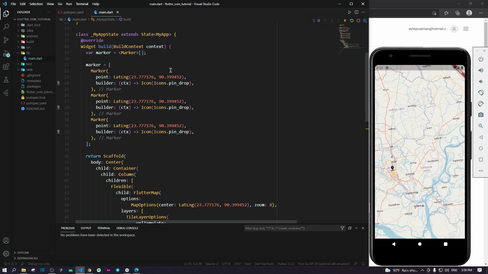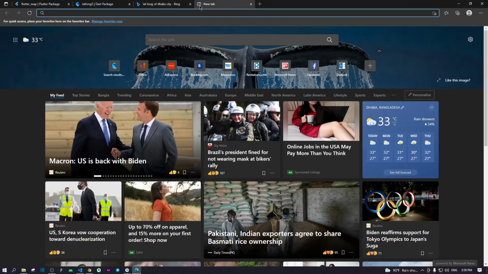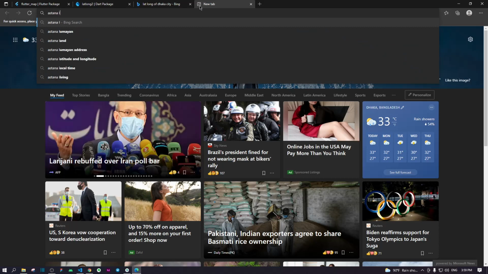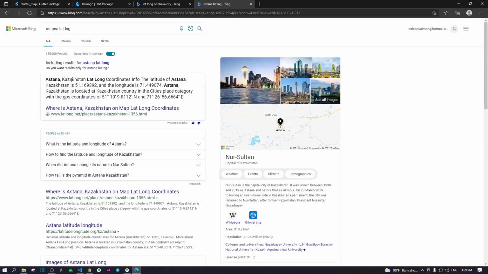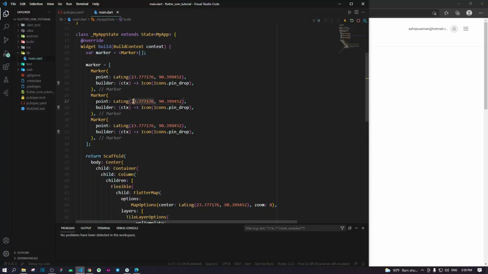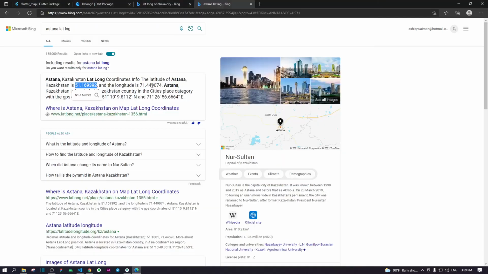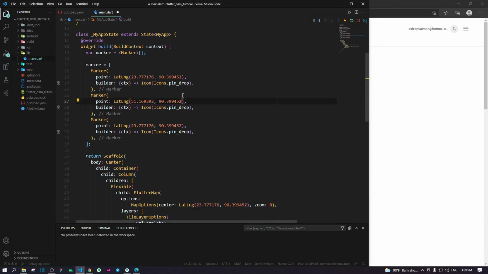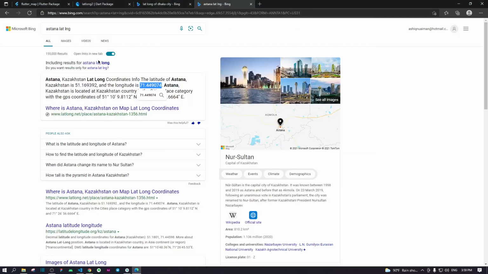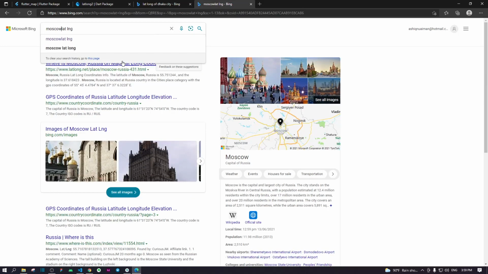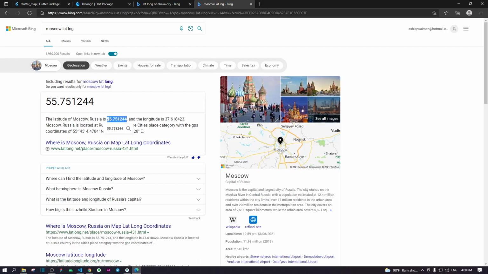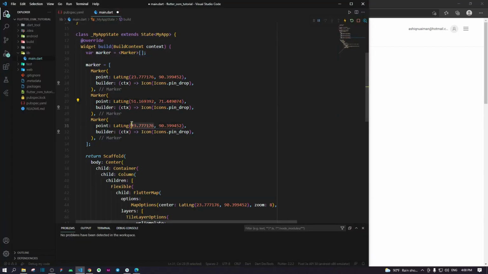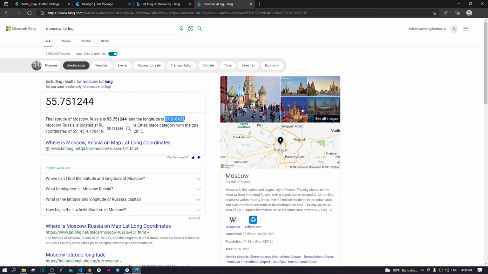Now within these three markers, firstly we have Dhaka. I want to add Astana's lat long. Astana. So I can copy this, come down here, Ctrl+V, take the longitude, come down here and paste it. Now go for Moscow. Moscow. So Ctrl+C, come down here and get this, Ctrl+C,